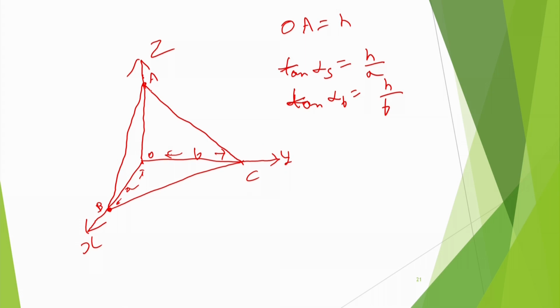And now if you move from A to B, your slope will be this. If you move from here to here, the slope will be this. Now if you move at any other plane, suppose instead of that I move to point P, that means OP, that means AP line. So in the AP line, how much slope will you encounter? Downward you are coming the same distance h, but the horizontal distance is changing. So that means your angle will be different.